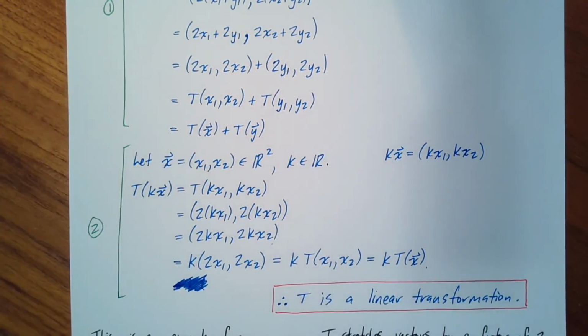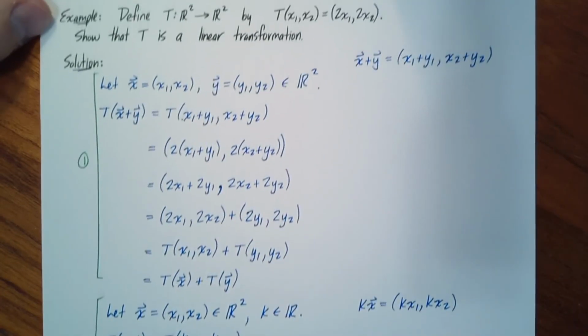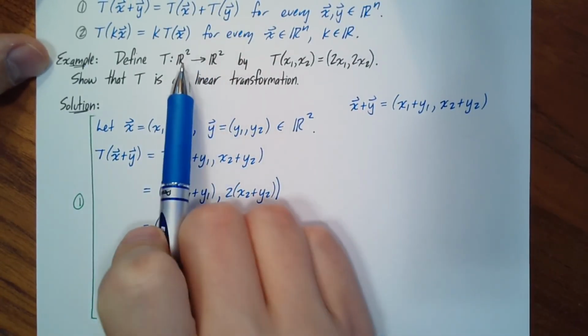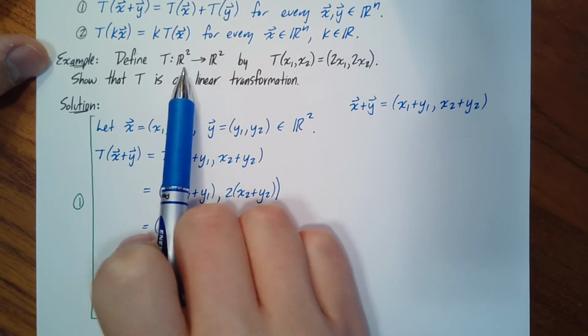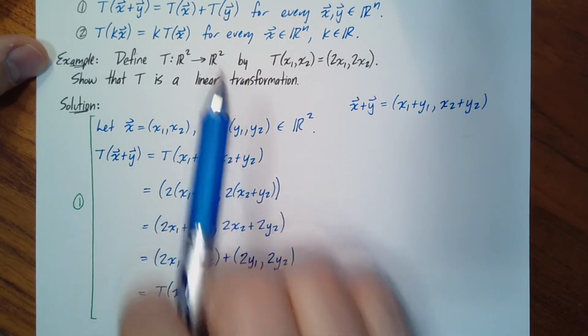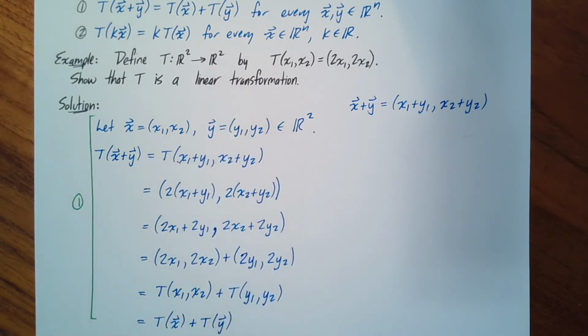On the next page, we'll actually do our best to draw a picture of what this function does, although we won't be able to draw its graph, because the input space, or the domain, is 2-dimensional, and the output space is also 2-dimensional. So you'd actually need 4 axes if you were going to draw it in the traditional way. Since we can't really draw a 4-dimensional graph, we're not going to be able to graph it in the usual sense. But what we can do is still try to draw pictures of what this function is actually